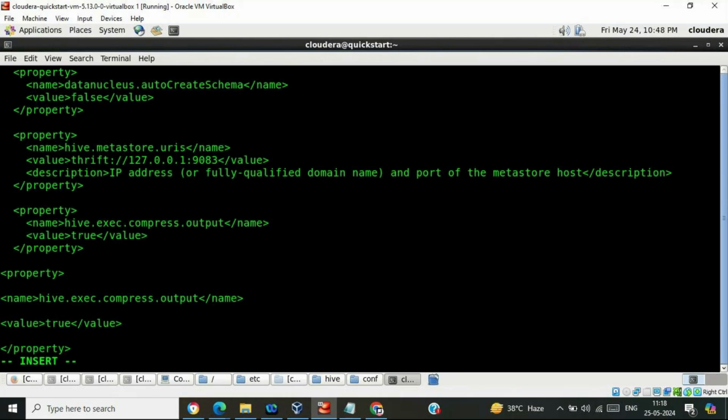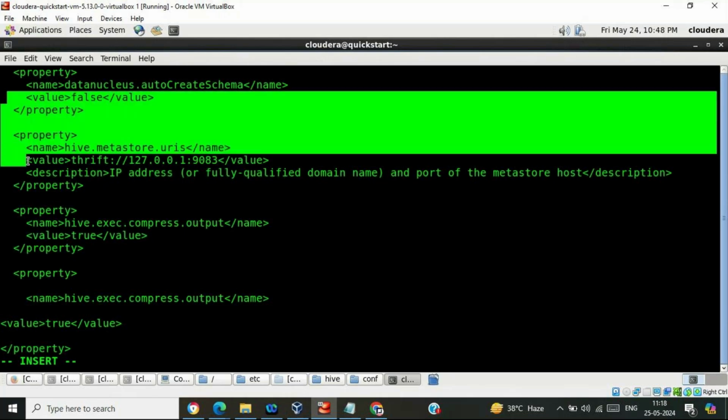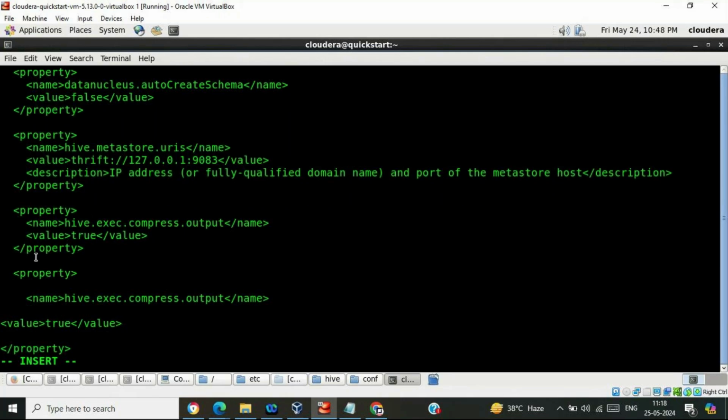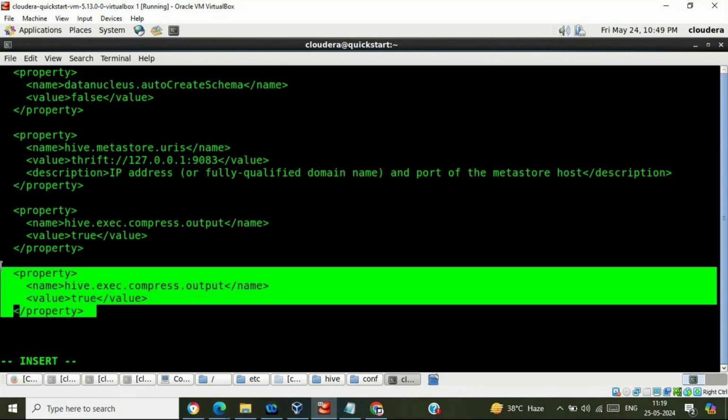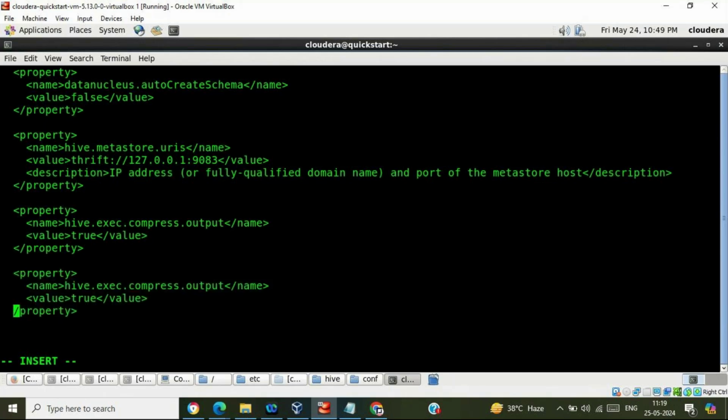Okay, and let me press space. You need to maintain the symmetry, like how these particular properties are typed over here, and with the help of this you will be able to have these particular properties. Okay, so in this particular way you will be able to copy these particular properties from there and paste them over here. Now in order to save this, what you need to do,